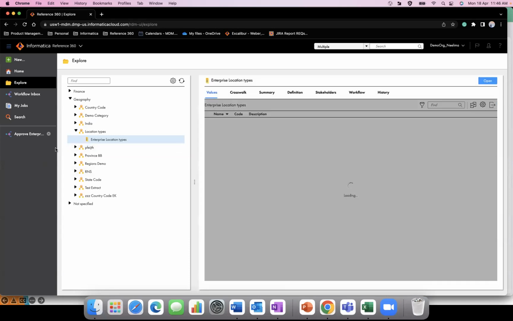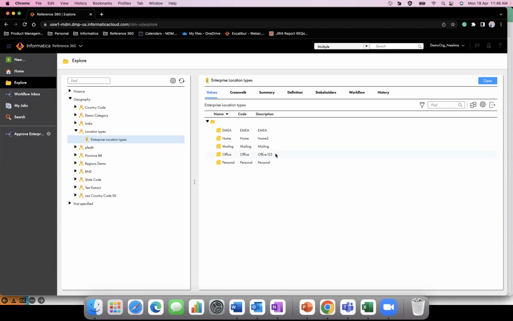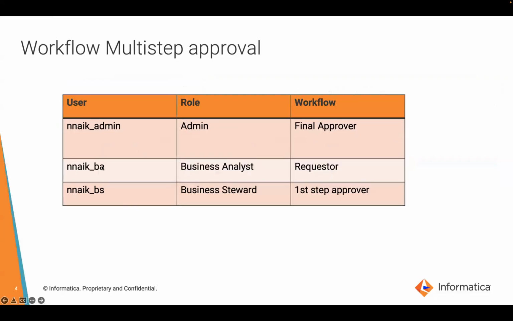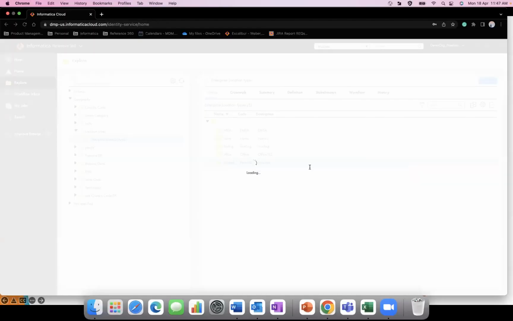So if you see here, this code list is no longer in locked status. And I can see here the Office 123 and one more code value added here. Right. So if I log in again as a business analyst, which was the requester,